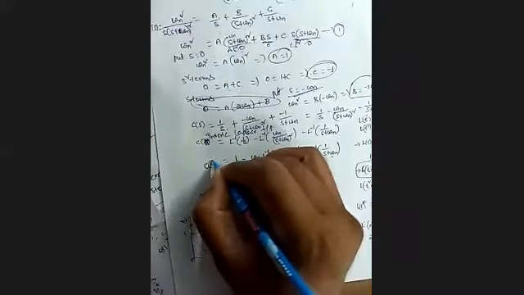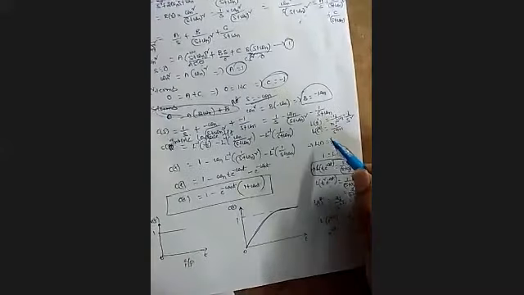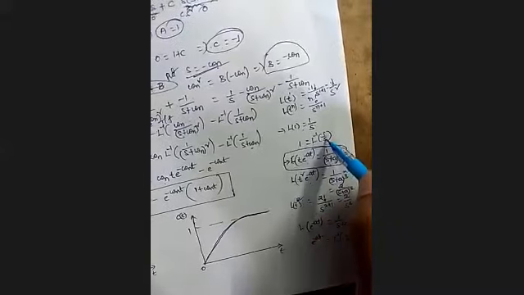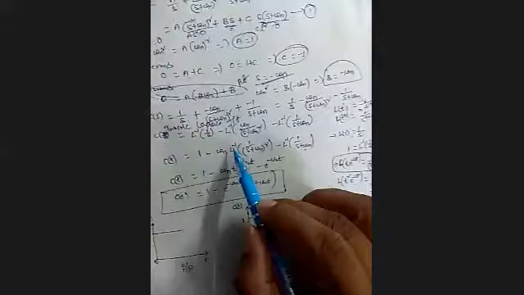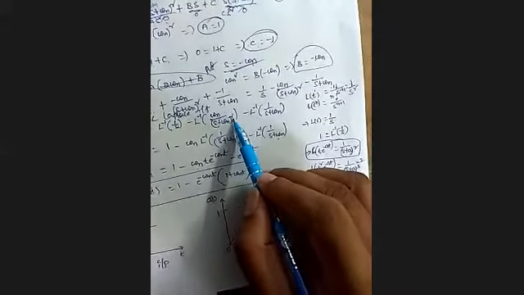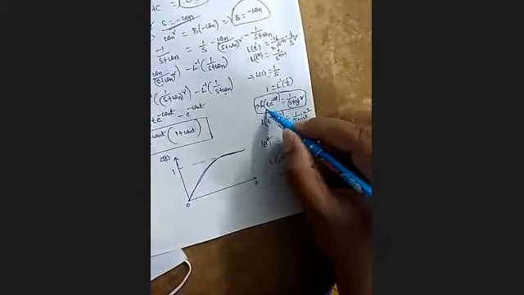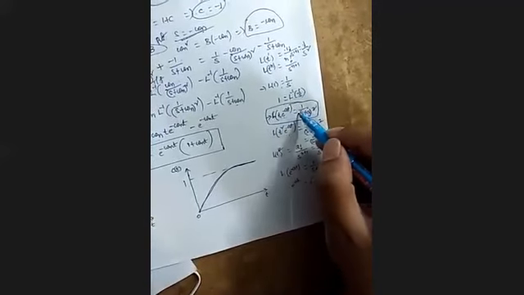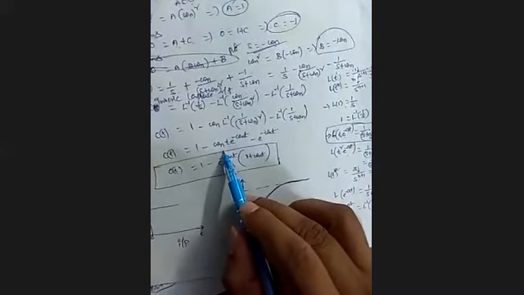Now the Laplace inverse of 1 by s: what is the formula? Laplace of 1 equal to 1 by s, so 1 equal to Laplace inverse of 1 by s. It means the Laplace inverse of 1 by s is nothing but 1. I'm just placing 1 here. Similarly, omega n by s plus omega n whole square. It means 1 by s plus a whole square, which means t into e power minus at. So t into e power minus at is equal to the Laplace inverse of 1 by s plus a whole square. That is omega n into t into e power minus omega n t.